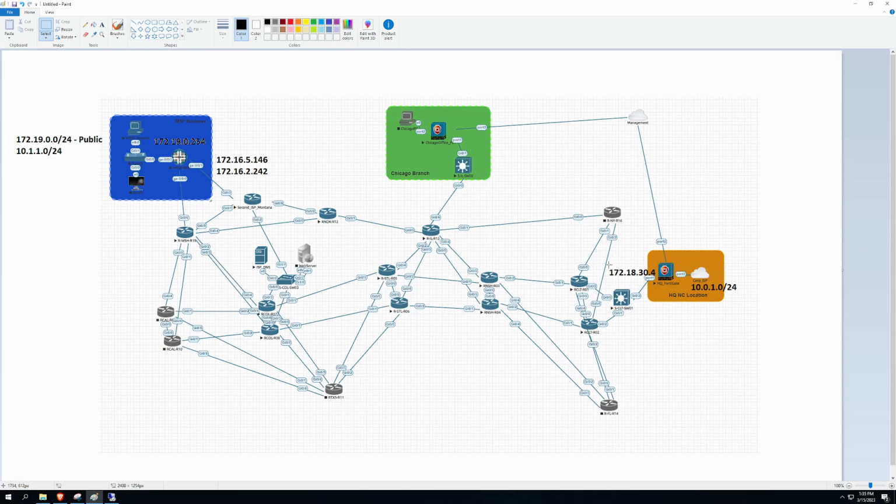This could be for site-to-site tunnels. This could be for point-to-site tunnels. It can be for anything else. It could be for like web servers or any other thing that you might be hosting that you need that public IP address for. In the kind of conventional setup of just using SD-WAN on this SRX device, you would